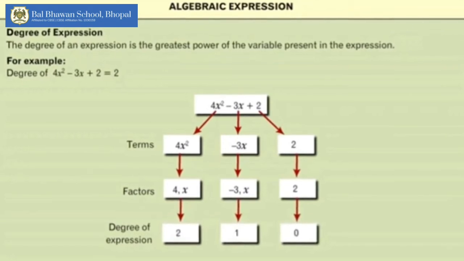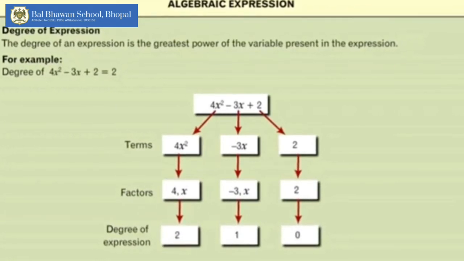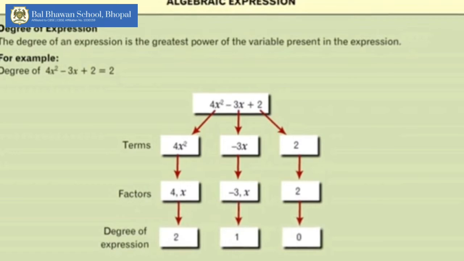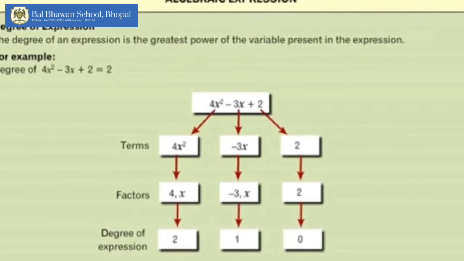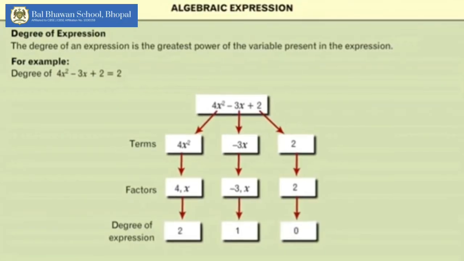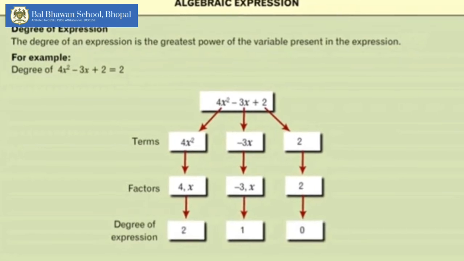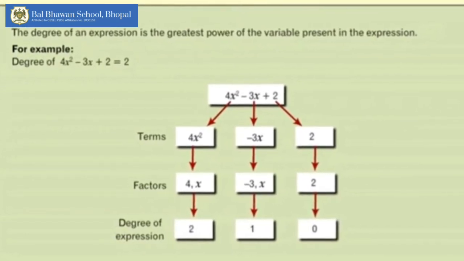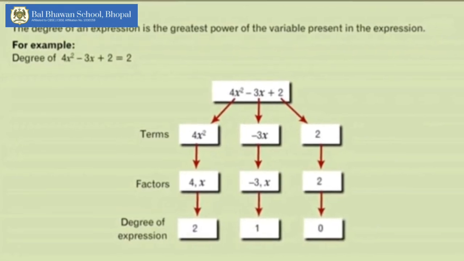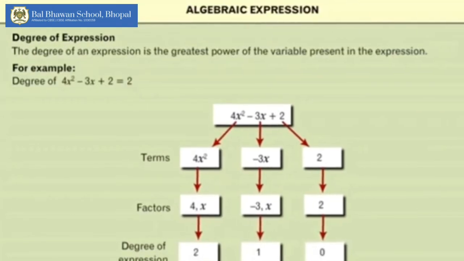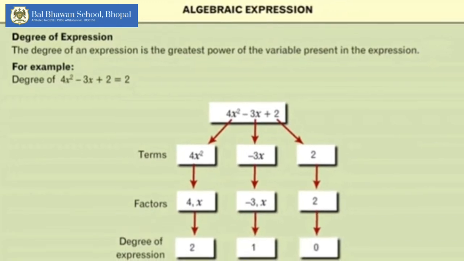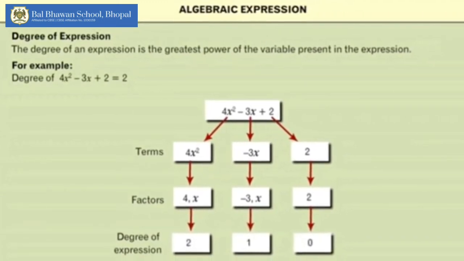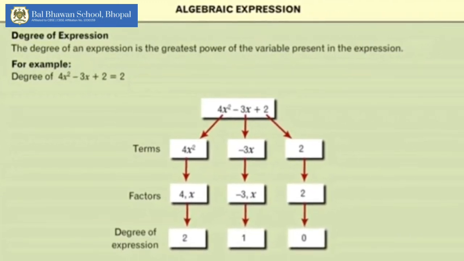So the degree of 4x square is 2 since x has power 2, minus 3x has degree 1, and 2 is only a constant, so its degree is 0. So over here I have 2, 1 and 0 as three different degrees. So here I have degrees of three different terms, but the degree of the expression is its highest degree,